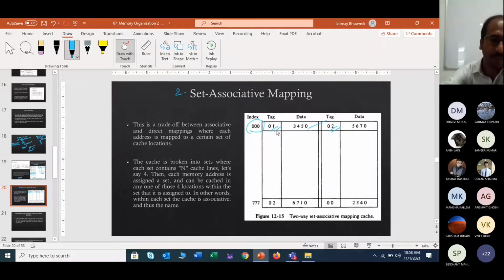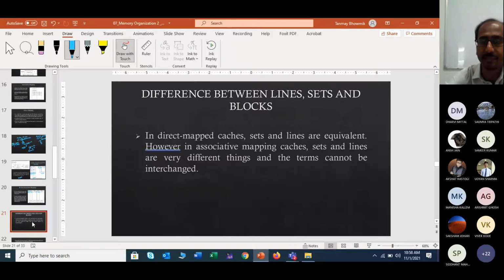Okay. Now gradually we will move further, and check the difference between lines, sets and blocks. Here, in a direct mapped cache, sets and lines are equivalent. However, in associative mapping, cache sets and lines are very different things, and the terms cannot be interchanged. Why has it been written that in direct mapping, cache sets and lines are equivalent?